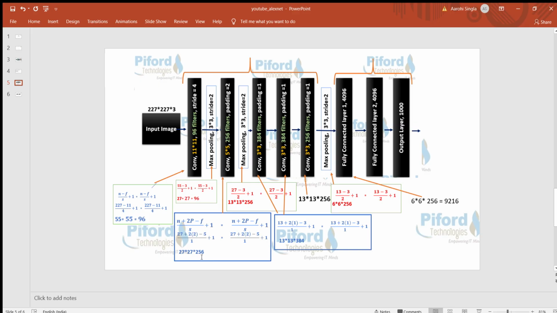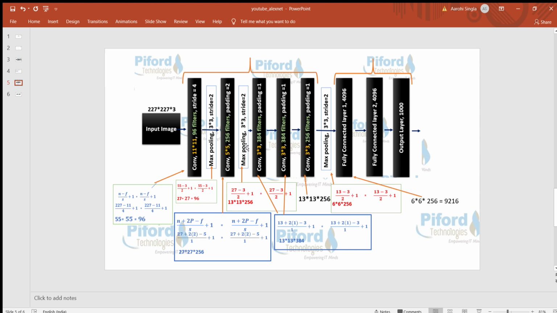Why 256? Because we are having 256 filters in it. So always remember, the output channel will always be equal to the number of filters of that layer. The image is 27 into 27 only, and this 256 simply means we have 256 filters in it.